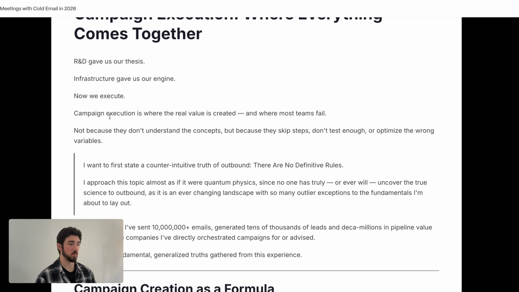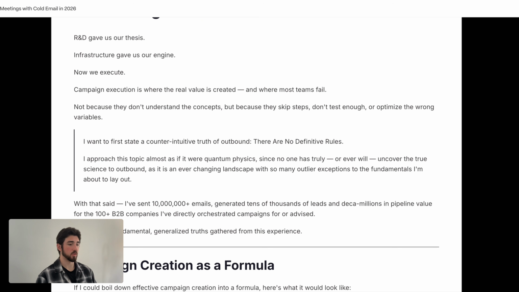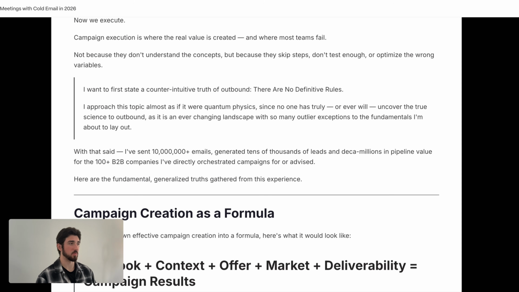So this is where many people make mistakes and most teams fail. And I'm going to go into some concepts and kind of break this down to science. But one of the things with outbound is there's no definitive rules. You can break the rules, but this is all gathered from the context I've gathered from sending tens